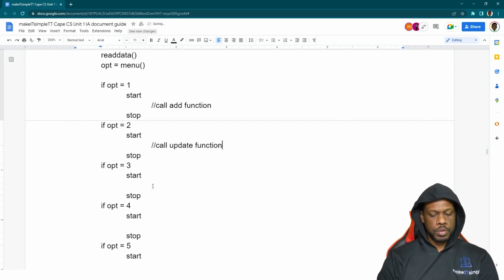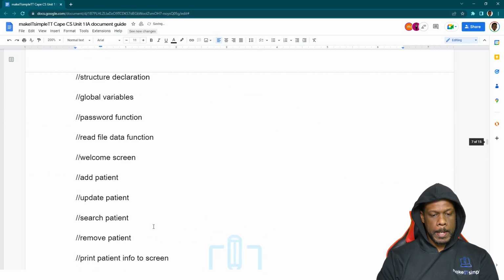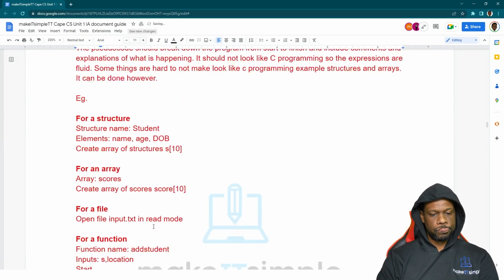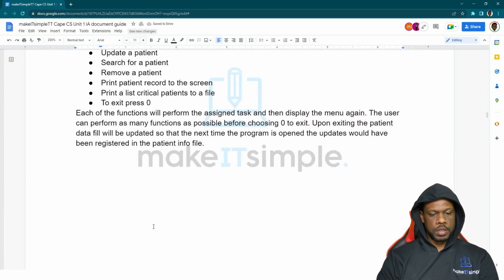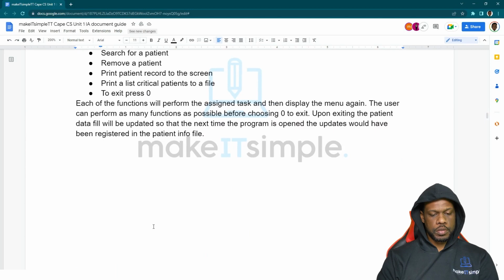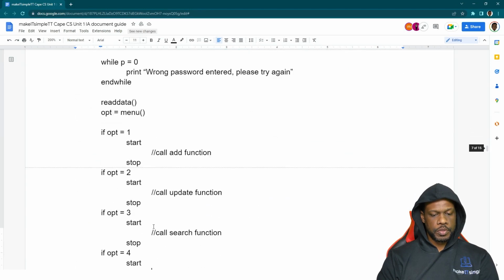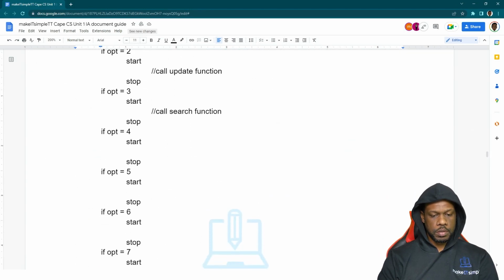Option 3 would be call search function. Option 4 would be remove function and print to screen function. Option 4 will be call remove function,